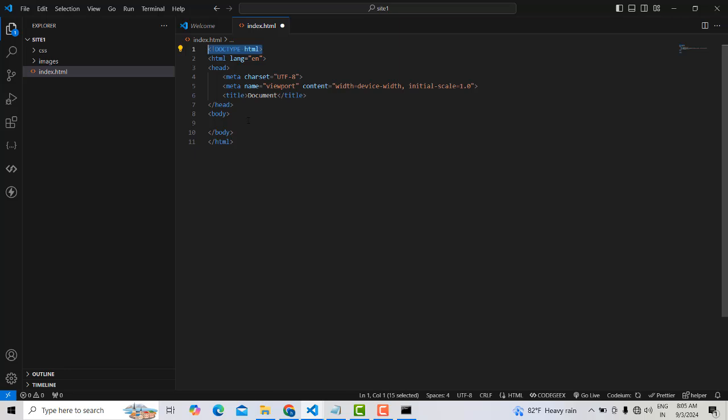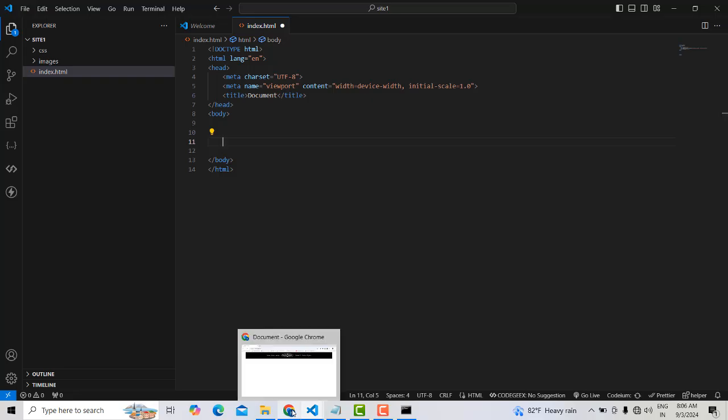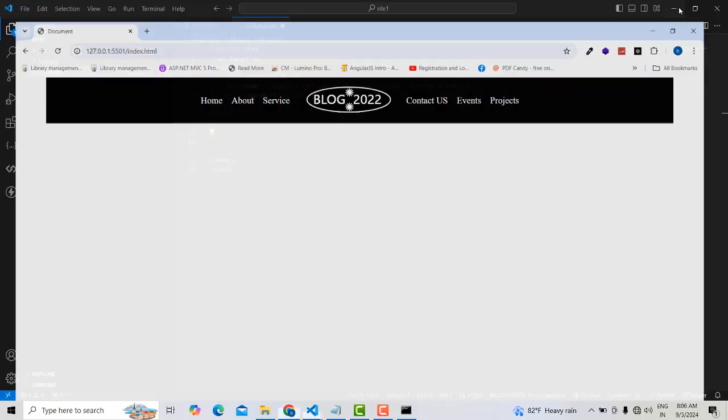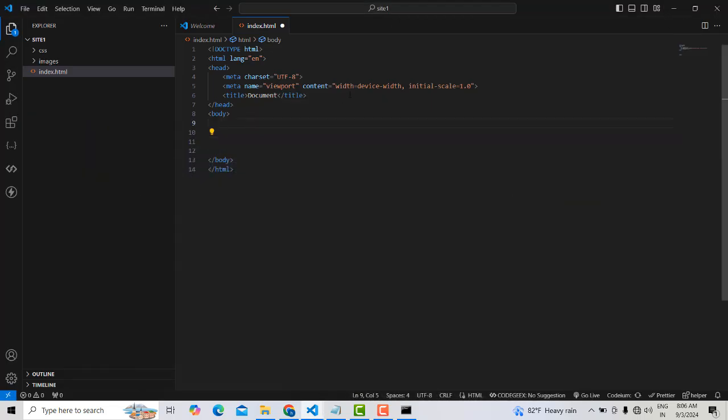Now, first I'm going to go to the body. Inside the body, if you look at the banner, you can see this is at the center of the screen. These are the links, and at the middle there will be the logo. First you have to understand the concept. So first I'm going to make the